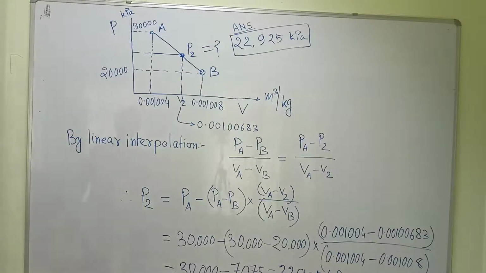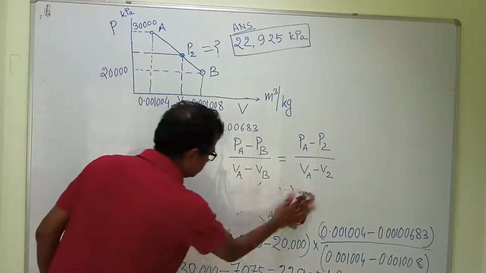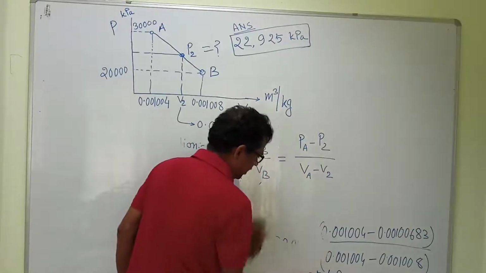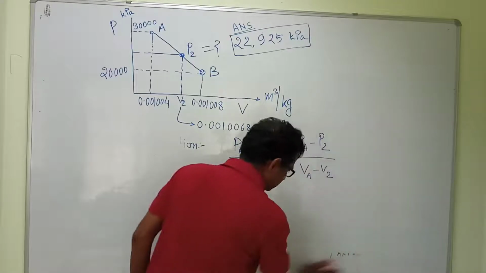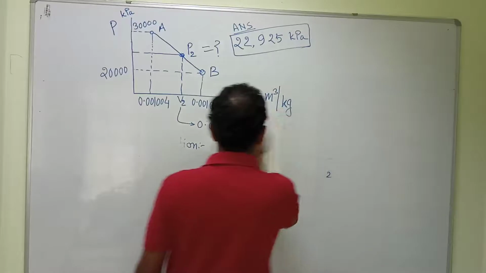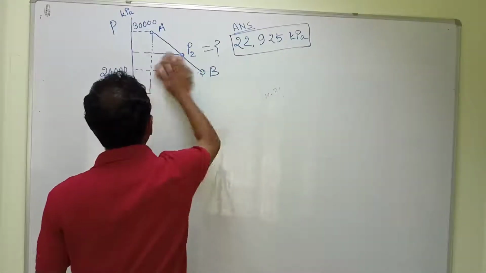So this is the answer, but again I would like to show these points in a PV diagram and TV diagram. That is important. A whole understanding of the steam table is also to understand the PV diagram and TV diagram.